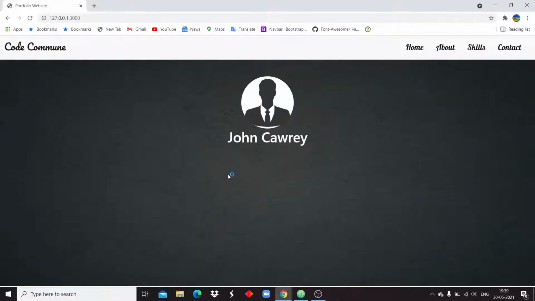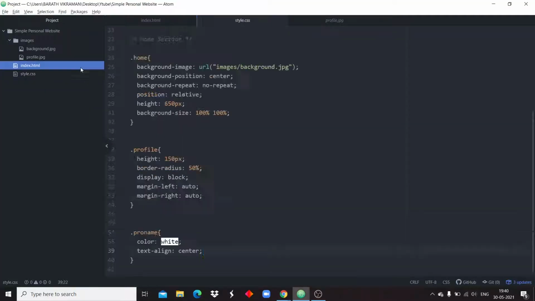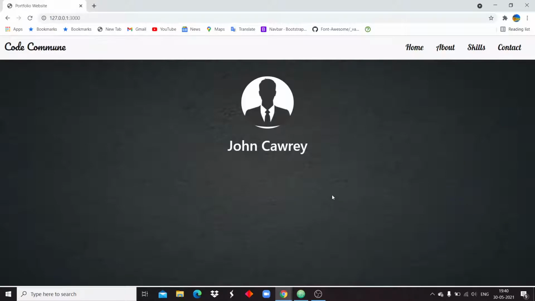Now you can see the name came to the center, and there is some space in between. As I said, it is always easy to include a break statement to increase some space. So I'm going there, and below the image tag I'm including the break statement. Now it looks pretty nice.